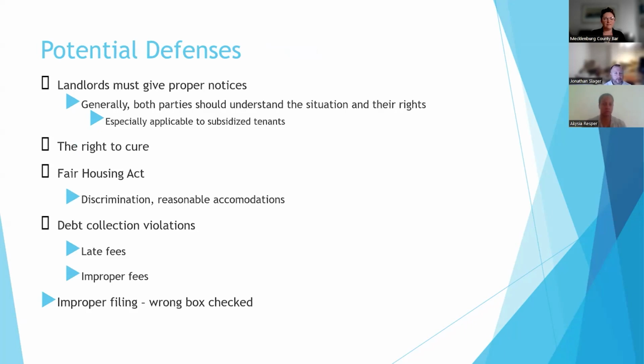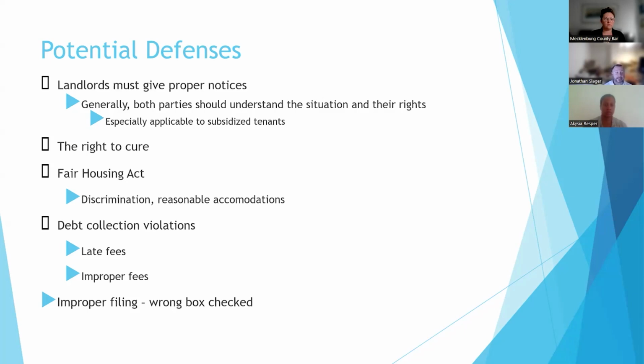Talked a lot about the court process already. From a tenant's perspective, there are some defenses that can be used. One of the main things that we use in court is the requirement for proper notice. At the very least, the landlord has to tell the tenant that they need to leave. It doesn't have any magic language. It just says, you need to get out, sometimes by a certain date. Sometimes they include the time in there. They might say the end of a lease, but there has to be some kind of a demand for possession.